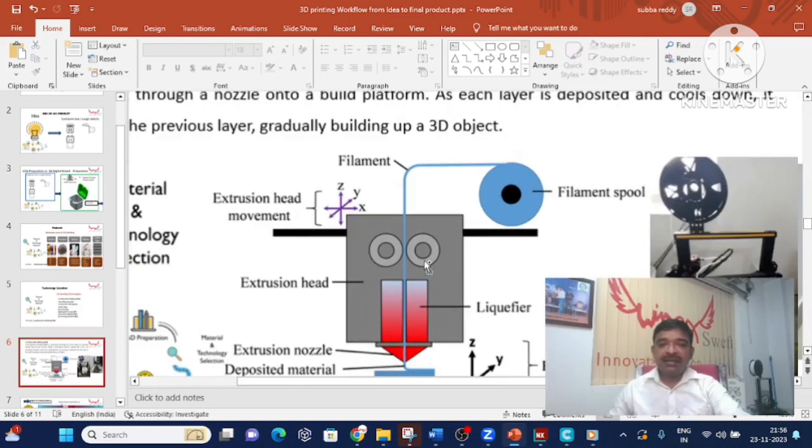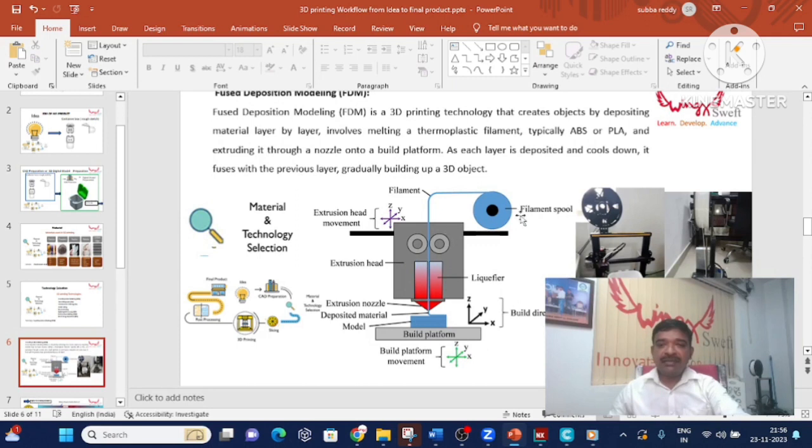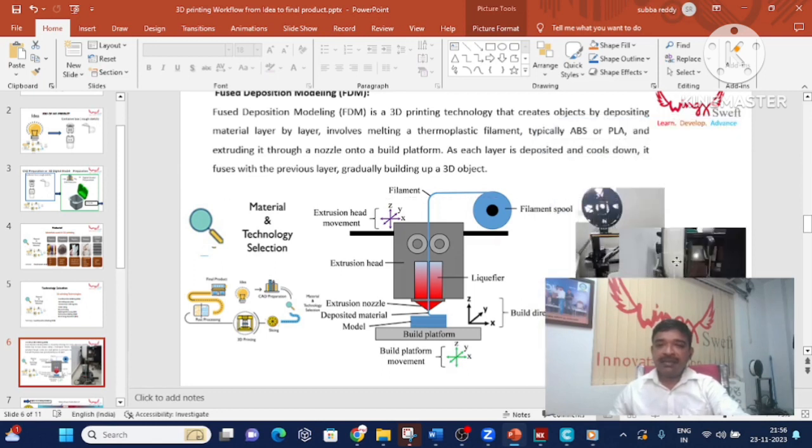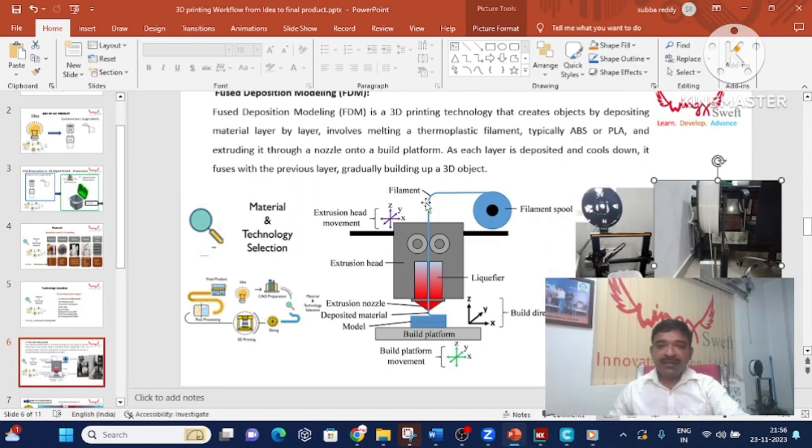See, I will show you how it works. This is the filament spool, in which you see there is a filament. Actually this is the actual one, this is the filament. This filament is a PLA filament. Then this filament will come through the extruder. This is the extruder, because it extrudes, meaning by rotating these two wheels it will push the filament toward the nozzle. This is the header, this is the nozzle, where the filament goes from solid state to